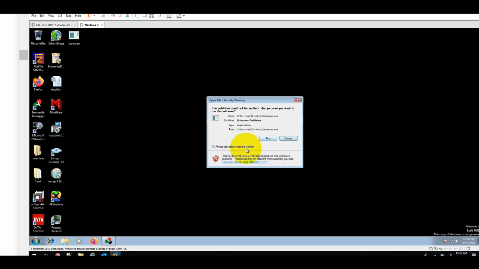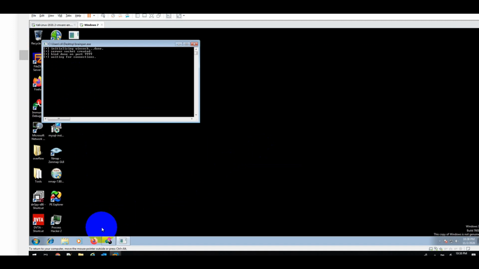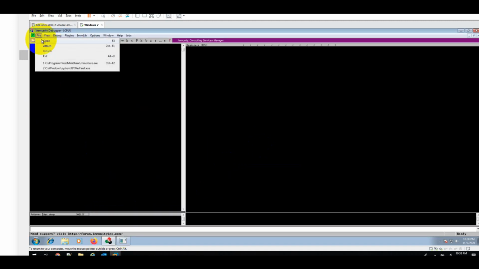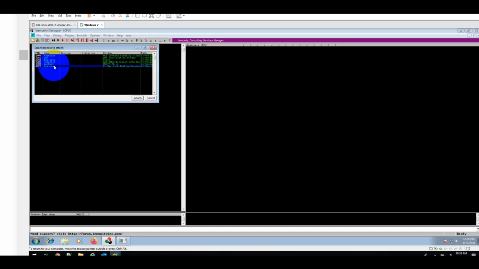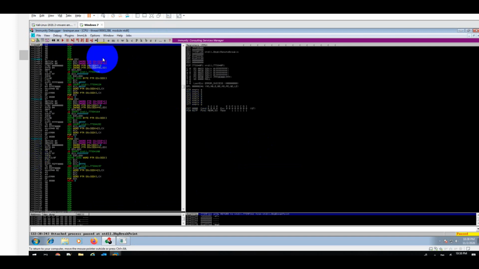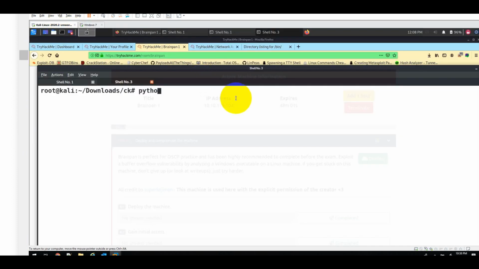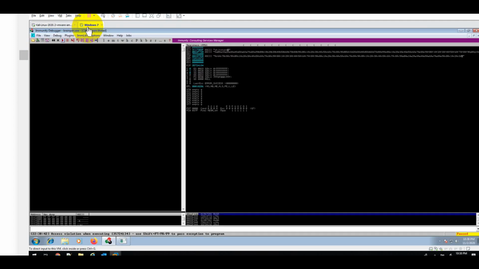Please note, once you start the program and attach the file by going to File and Attach, by default it comes up in the paused state. So you need to allow it to run. Once you click on the run or play button, it will start running. Then you need to run the exploit. If you run the exploit, you should have a crash, and the EIP got overwritten with some register value.